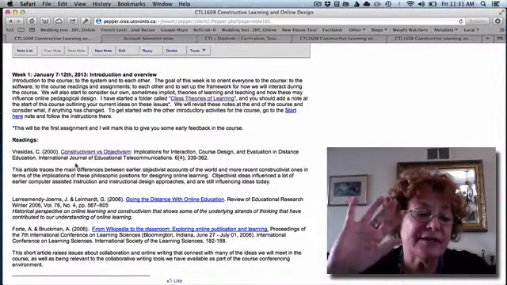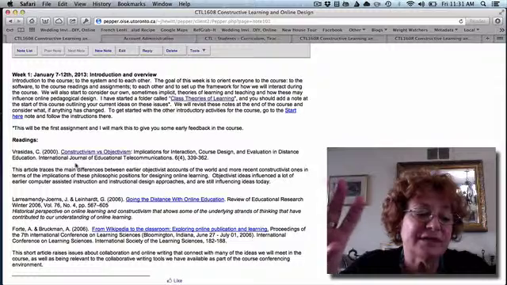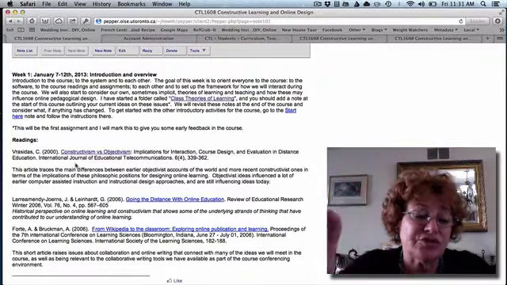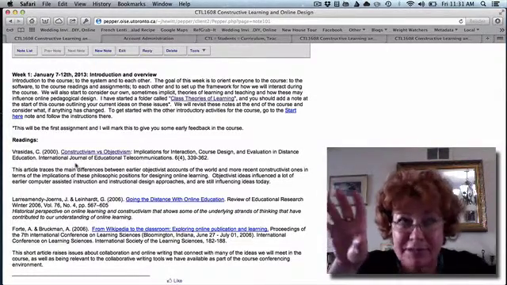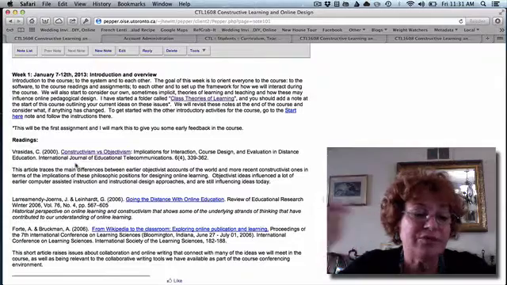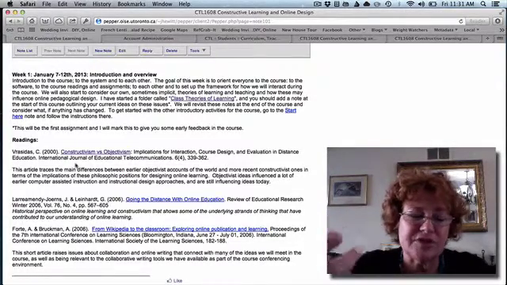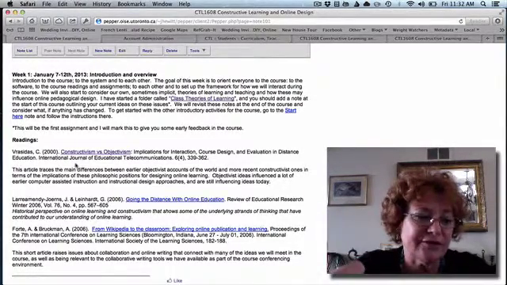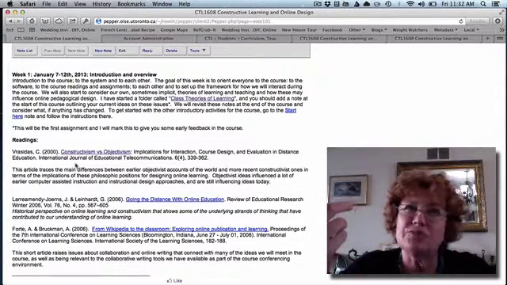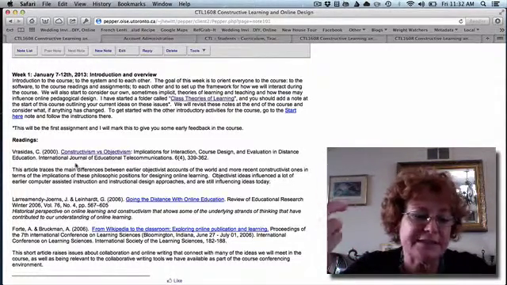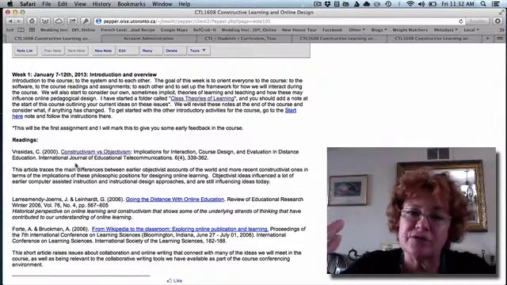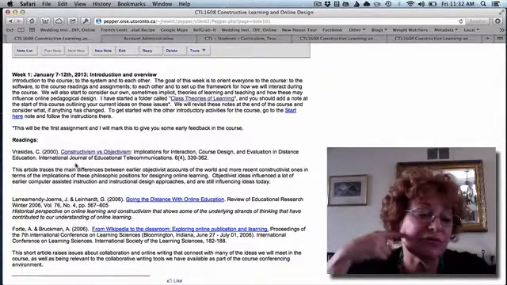So there are two very different traditions within educational theory. They're very separate. They came from different locations, and they're both psychological, though. One was the learning sciences, which is an interdisciplinary approach to understanding learning, and the other was adult education. And adult education emerged more clearly as a field in the 1960s, and it developed its own educational theory called andragogy, which many of you will have heard of.